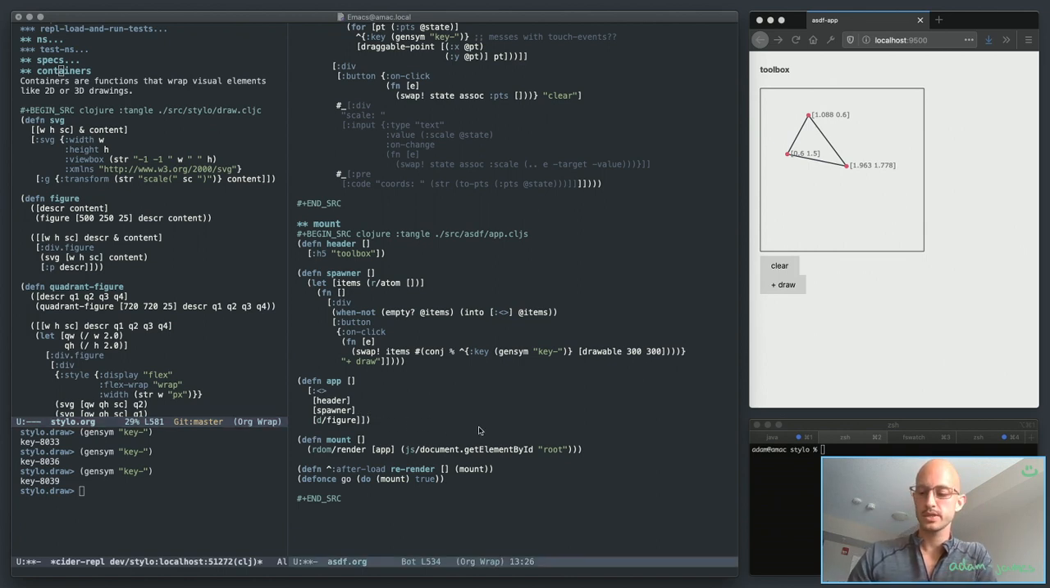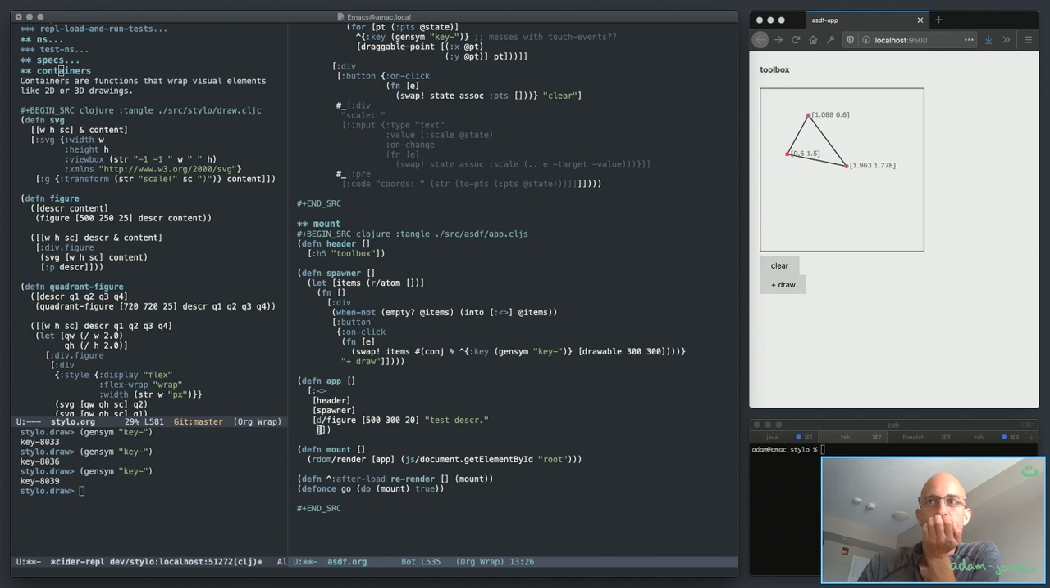It's going to take a width, height, and the scale. I'm going to do 500 by 300, and the scale is, let's just make it 14. No, let's make it 20, right? And the description is test description, right? And then, okay. That's the test description. And now content is just going to be